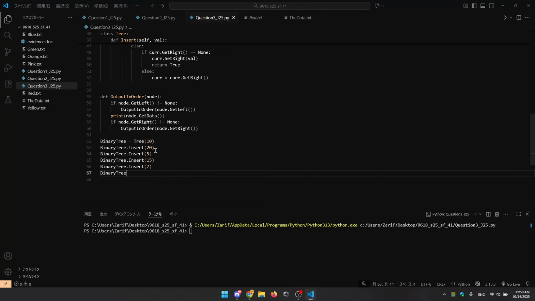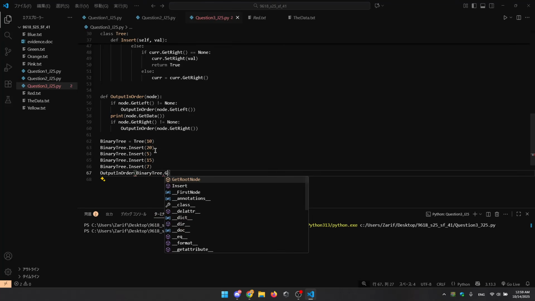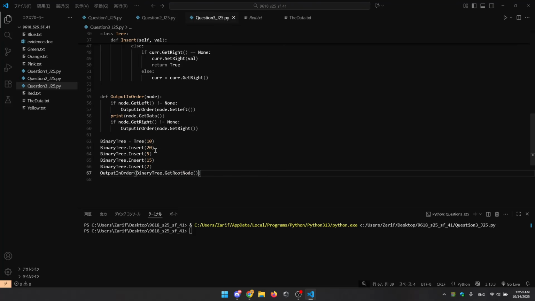Okay. So binary tree dot, oh, okay, so all we just do is we just do output in order, and we take in binary tree dot get root node. That's it. So the root node is going to be the first node itself, which is going to be 10. Okay, so I think